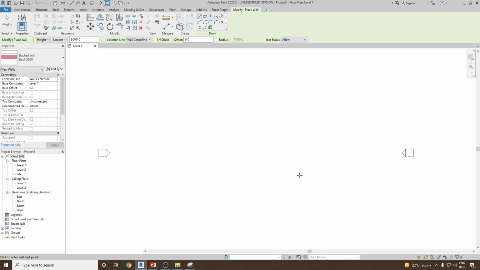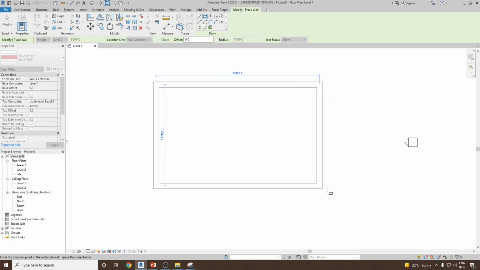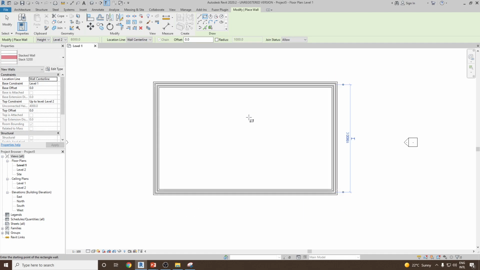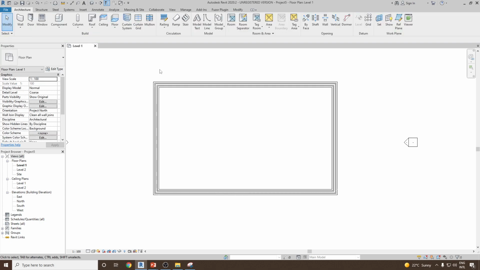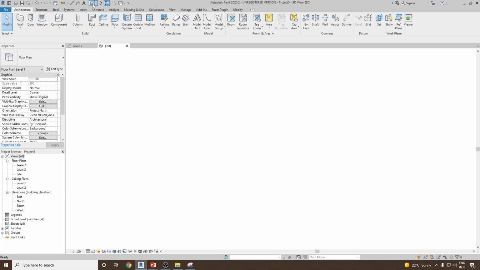Select and let's draw a shape. Let's make a rectangular wall with a level height of level 2. So let's just draw it here with random dimensions. Press escape, and then to see it in a proper way we can go to 3D view